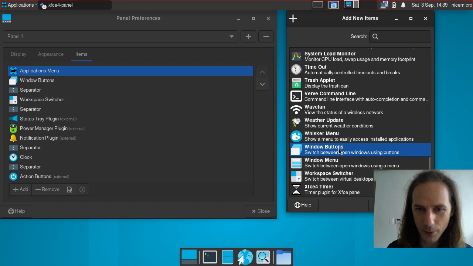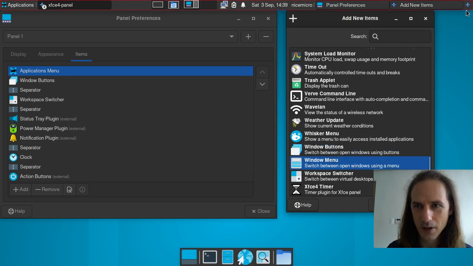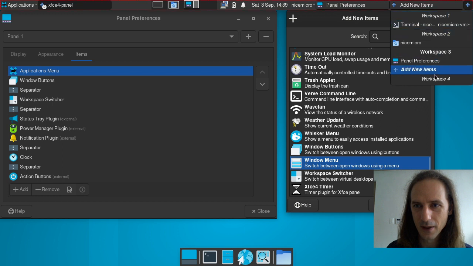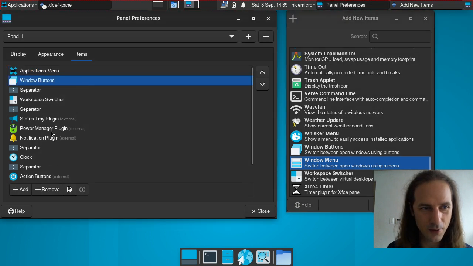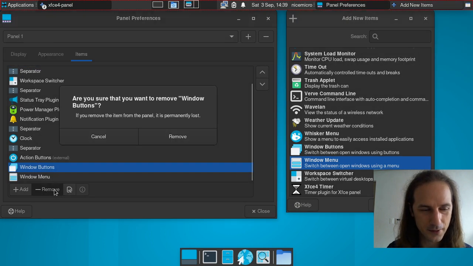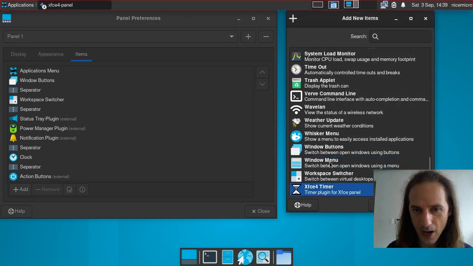windows, switch between open windows using buttons. So I guess this is going to be something similar. Oh no, this is exactly the same. So what is window menu? A window menu is this. We just get a plus icon here and we can check all the windows that are running. Okay, so let's remove these two things. Remove, thank you. Timer,